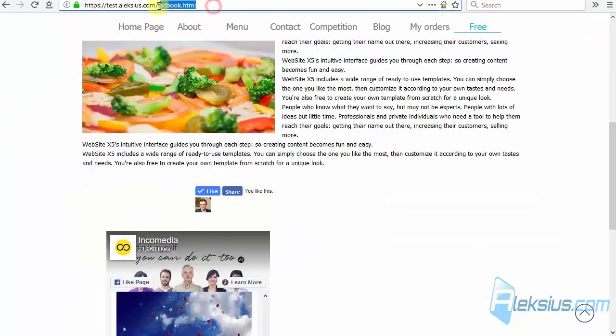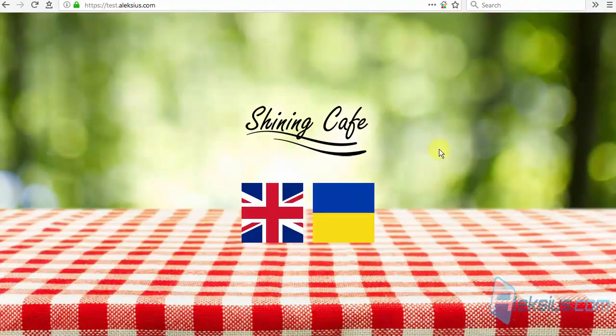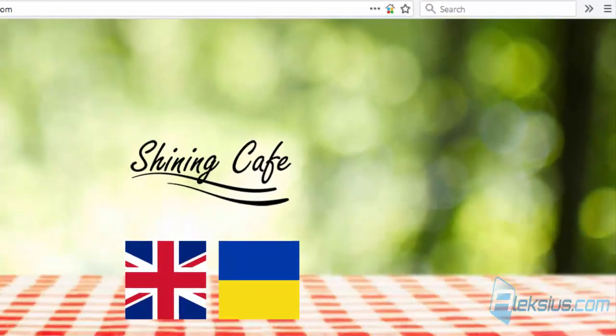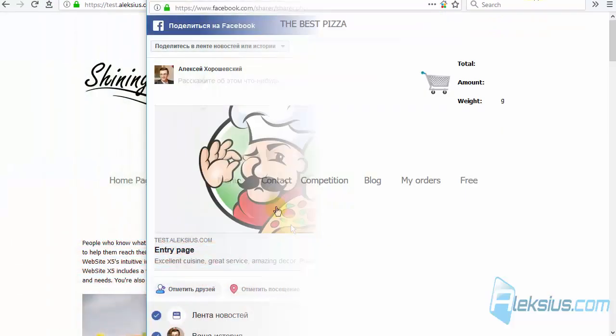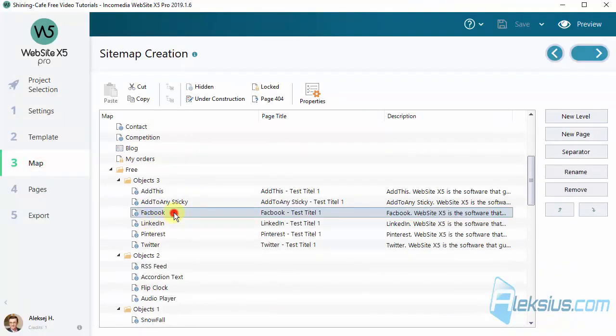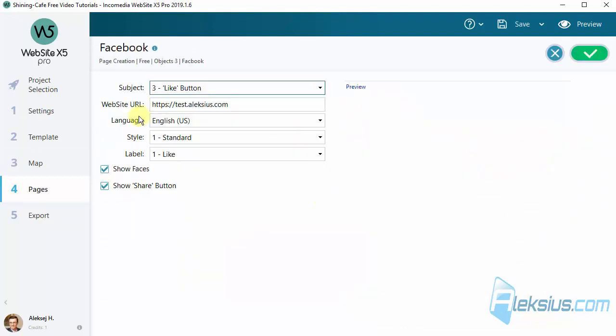If I enter the main address of my site, domain, I will see the entry page and its title, entry page. This happens because here in the options